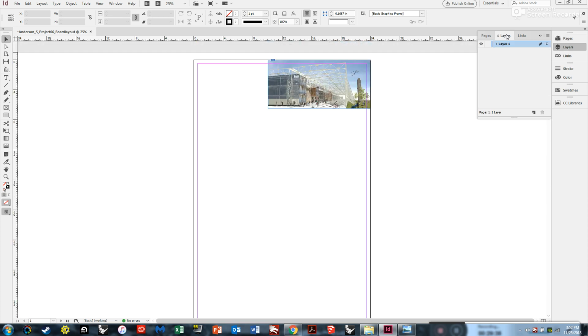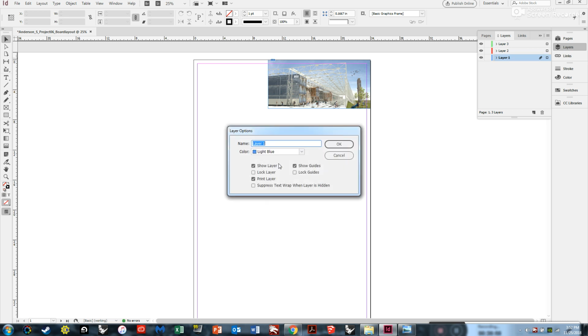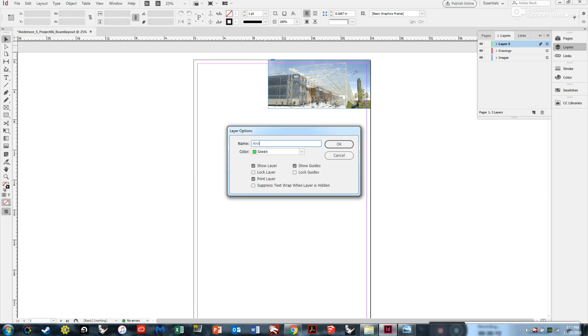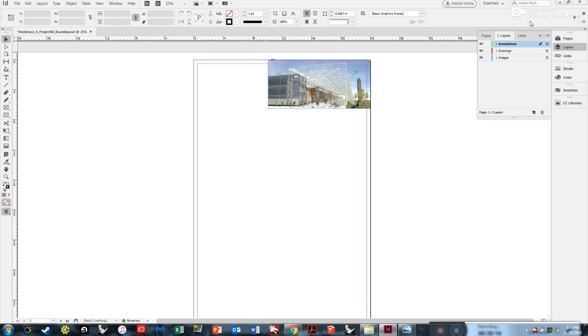Right. So that's the pages. Here under layers, layers are not the same in InDesign as they are in Photoshop. They're not as important. Really they're just an organizing tool here, sort of like Rhino. What you're probably going to want to do is have a series of layers. You know, under layer 1, this might be our images layer, and then we might have a drawings layer. We might also have an annotations or text layer. So sort of like this,